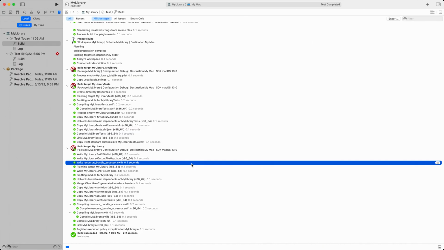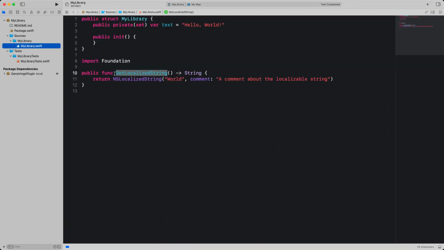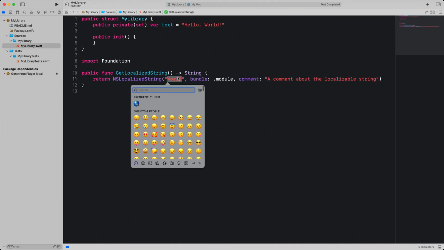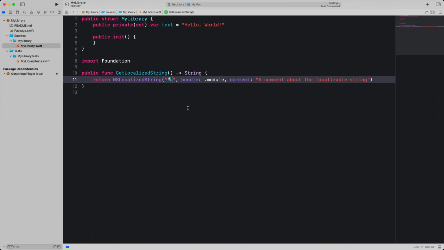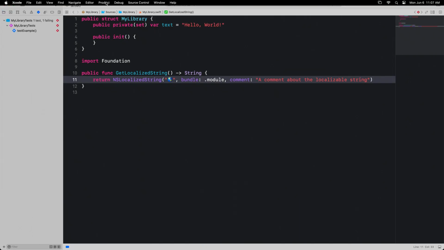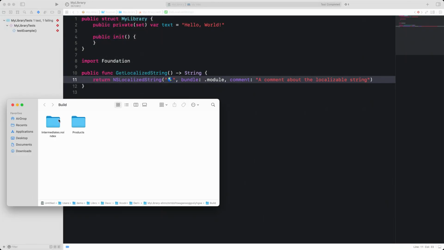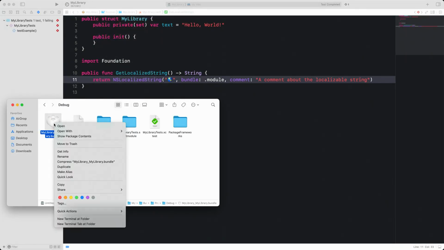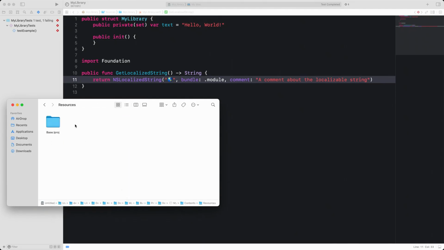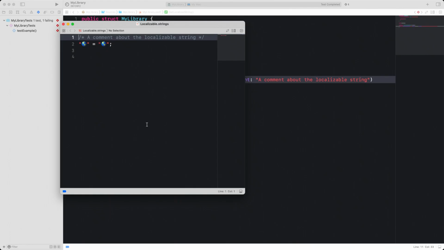Now let's change our code to actually use the resource bundle. Finally, if we change the code and take a peek at the generated bundle, we can see the changes reflected here.